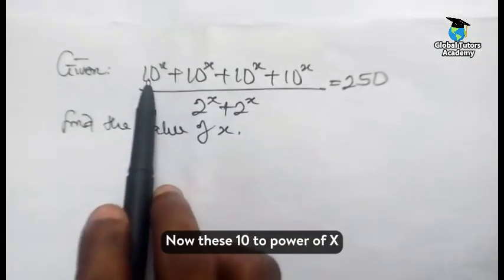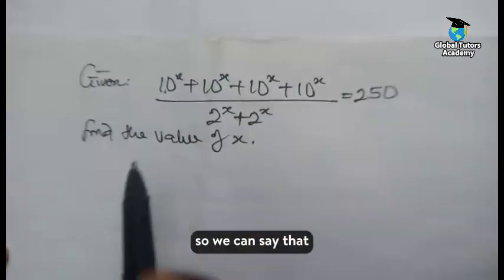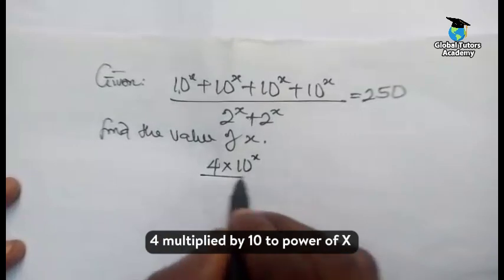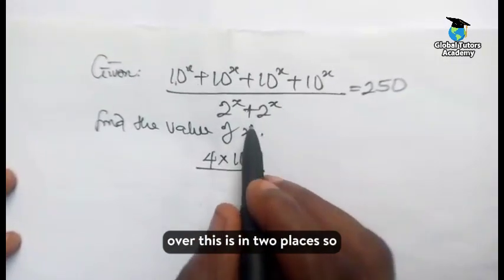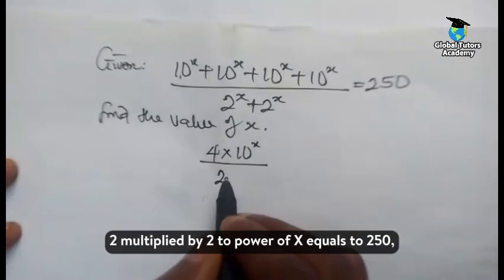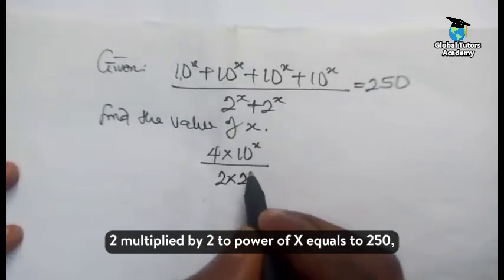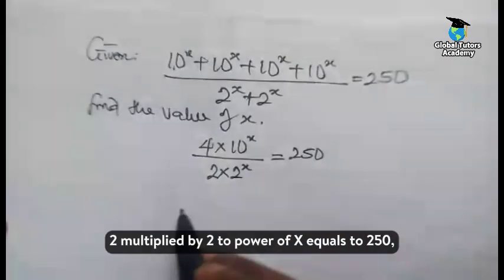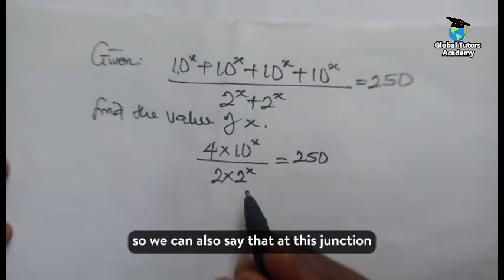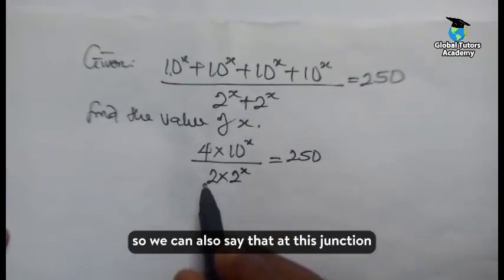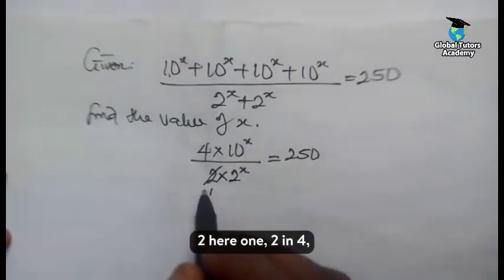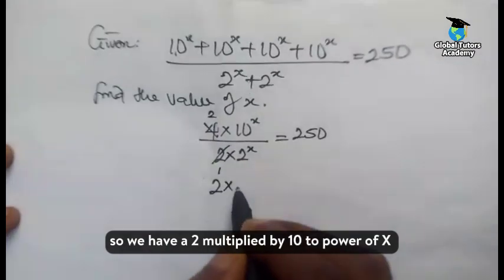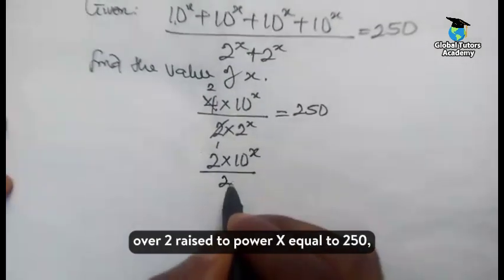Now, these 10 to the power of x, they are in 4 places. So we can say that 4 multiplied by 10 to the power of x, over, this is in 2 places, so we can also say that 2 multiplied by 2 to the power of x equals 250. So at this junction you can have 2 here, and in 4 we have 2. So we have 2 multiplied by 10 to the power of x over 2 raised to the power x